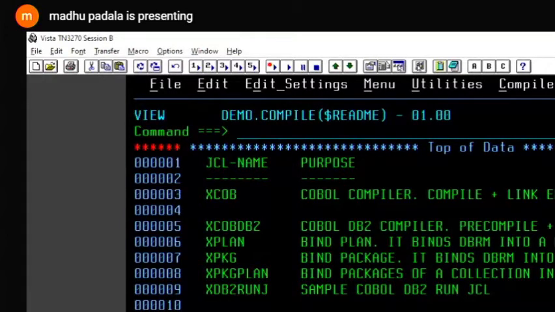Yes, sir. So if you join any company, you need to ask where the compile JCLs are, or else they may be using a tool like Changeman with which we can also compile. Many companies may not have these compile JCLs.